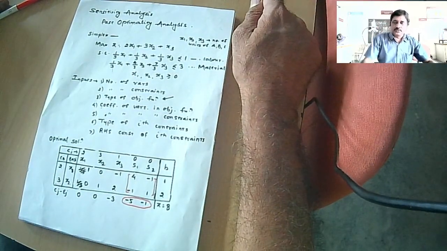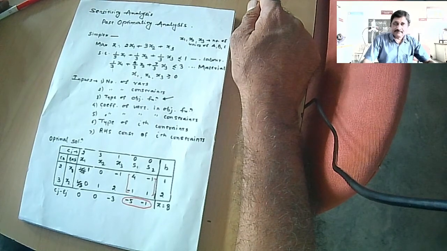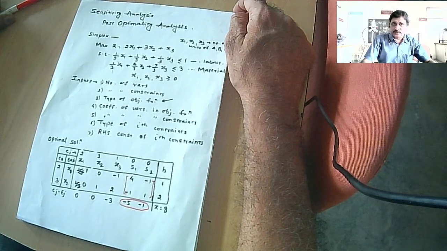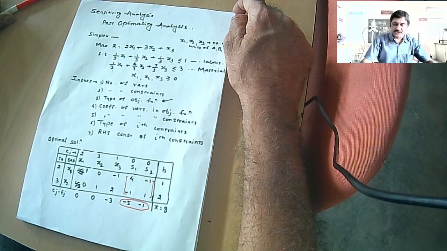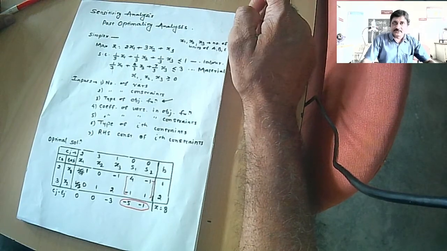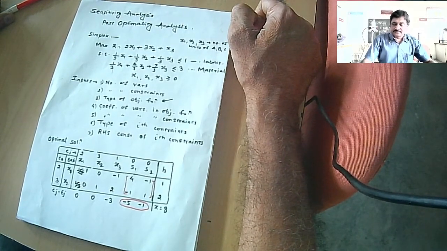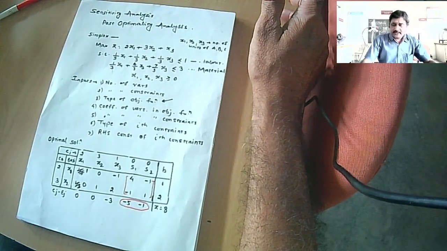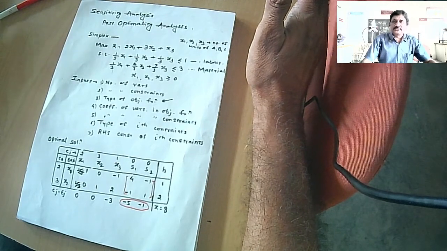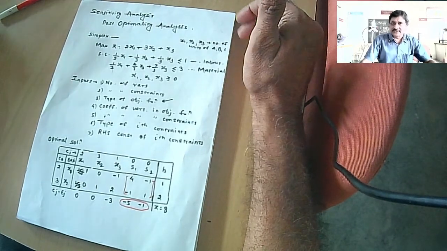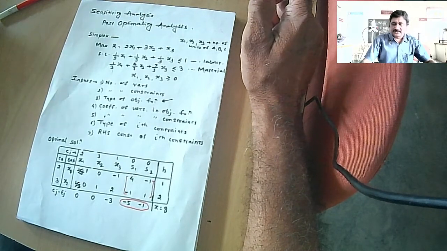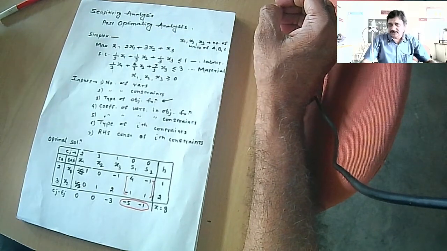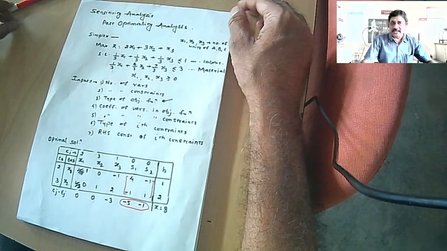Welcome to this lecture on sensitivity analysis. In operation research, that is also called post-optimality analysis, and it deals with the optimization process or analysis after you get the optimal solution to the LPP. If you make certain changes in the original LPP, then you don't need to solve that LPP by the simplex method once again. Just by doing certain adjustments in the simplex method, you get the optimal solution by very easy steps.